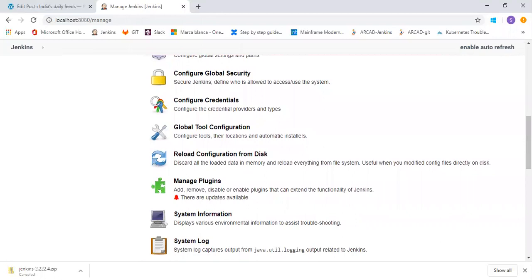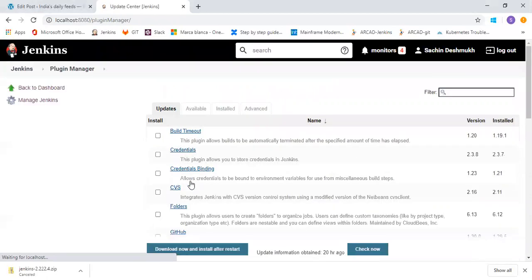Then we can see Global Tool Configuration is done. Configure Credentials is also done. Then we can see Manage Plugins. Okay, let's click here. Through Manage Plugins and the Plugin Manager option, you can install the plugins which are required for your project.